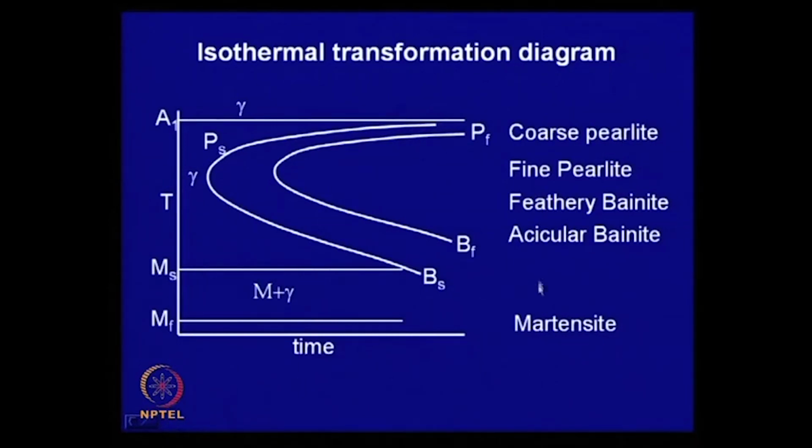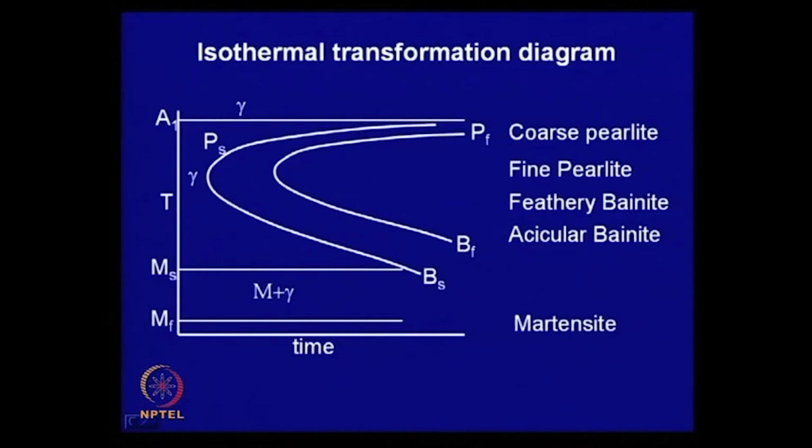In between you have a mixture of pearlite, and in between you have a mixture of coarse pearlite, fine pearlite. At this intermediate isothermal temperature, the microstructure changes from coarse to fine, feathery, acicular bainite. As you go down that isothermal temperature, the structure becomes finer and it becomes much stronger. And if we look at this, what happens if you quench